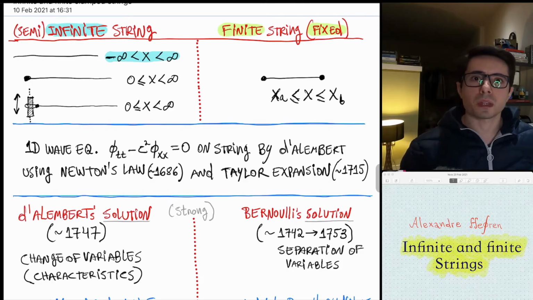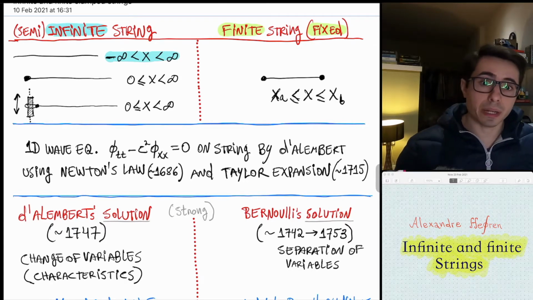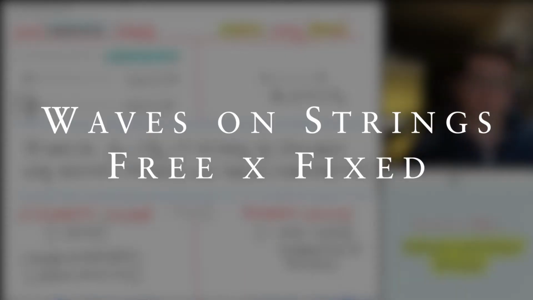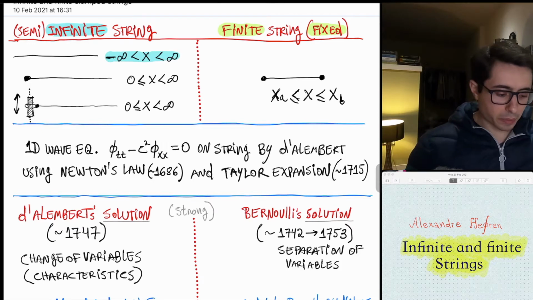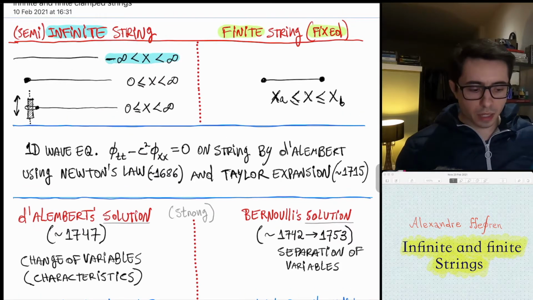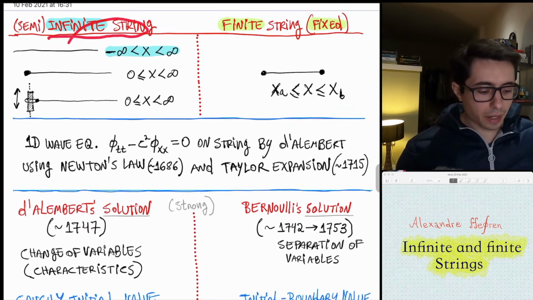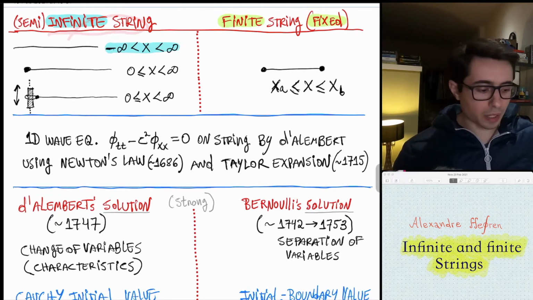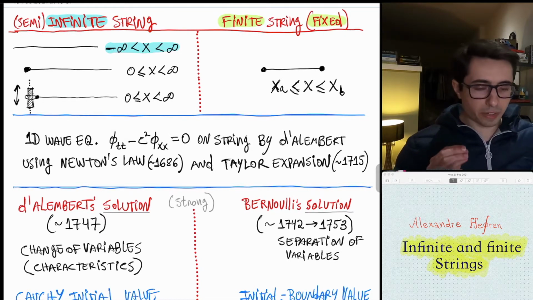Hello. You know that there are different types of strings and they seem to be very distinct. In this video, I try to give a short summary on how to look at them. Here we have two cases where I'm going to divide left and right. And here I talk about infinite string or semi-infinite string, and on the right I talk about clamped strings like fixed